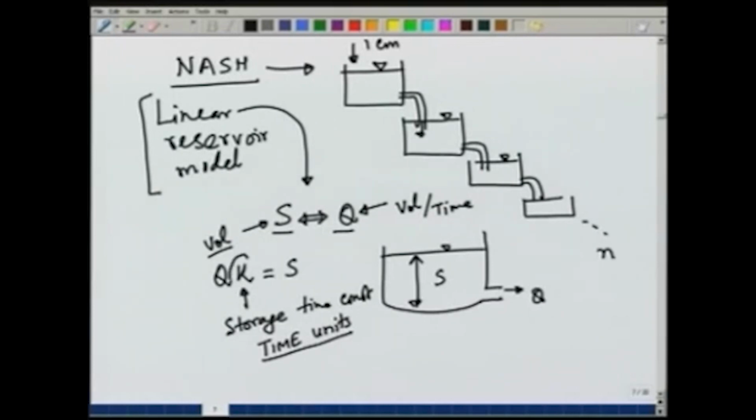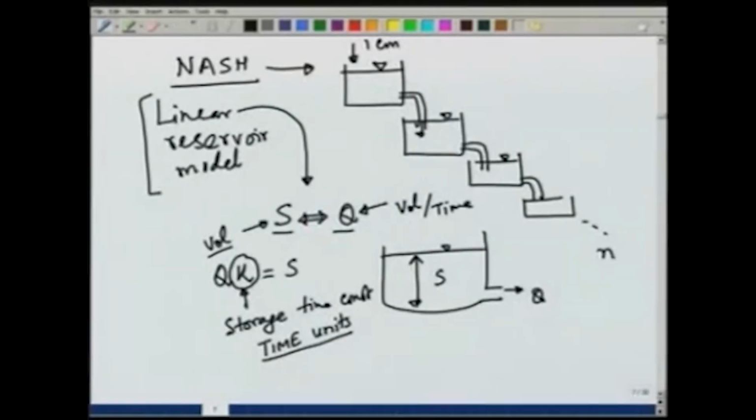This K would be a property of the reservoir, or in this case the basin. So, in the Nash model we say that Q and S are linearly related. S can be written as Q into K, where K is the time constant,